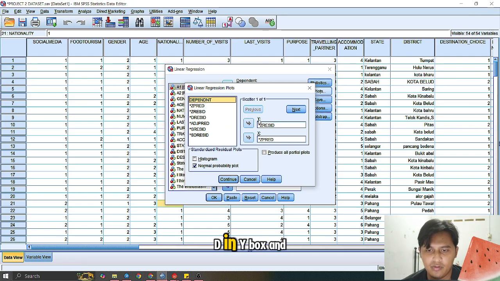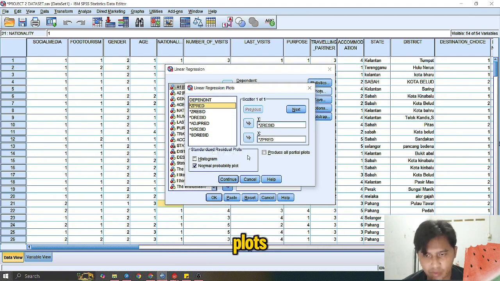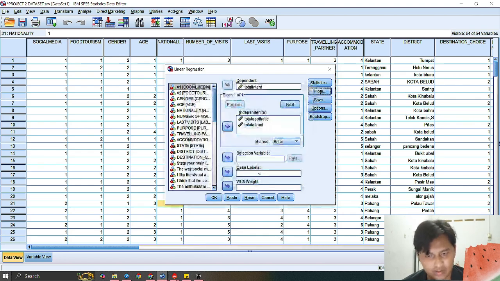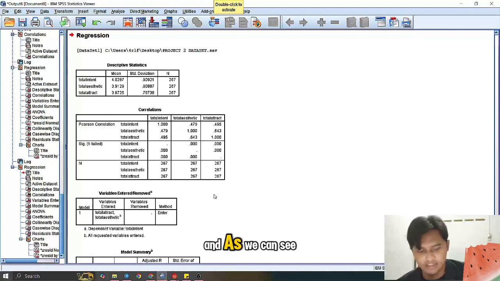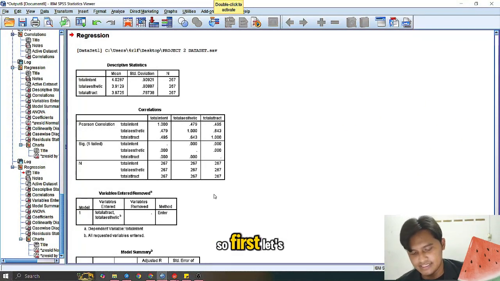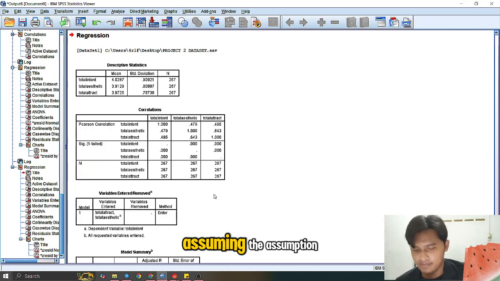Continue, and then we go to Plots, and here you need to fill ZRESID in the Y box, and also ZPRED in the X box. For the standardized residual plots, you need to choose normal probability plot. Okay, continue, and then OK. So this is the result, and as we can see here, first let's examine the